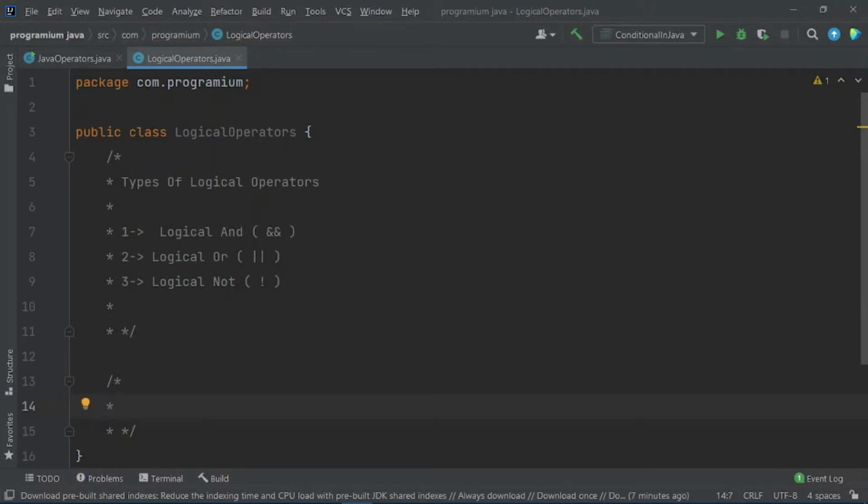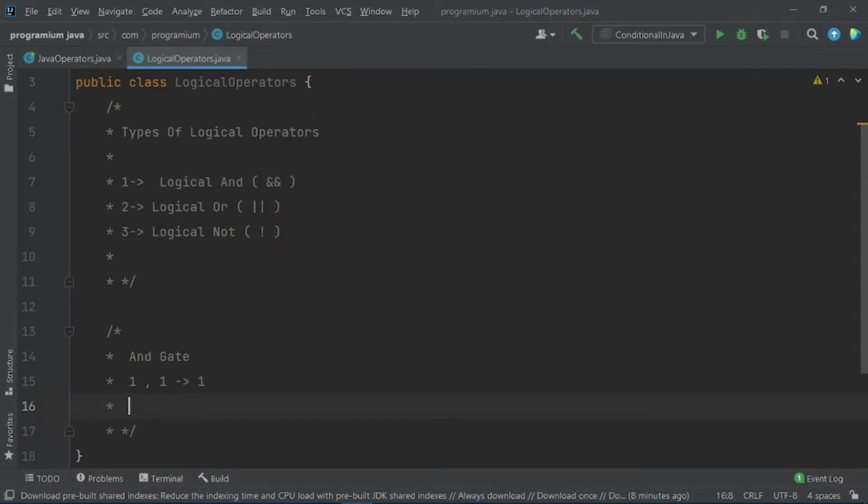So guys, if you have studied gates like the AND gate, OR gate and NOT gate, then you would be very familiar with these tables that I am making here. If you are using the AND gate, then the truth table would be: if both values are 1, then the output would be 1.